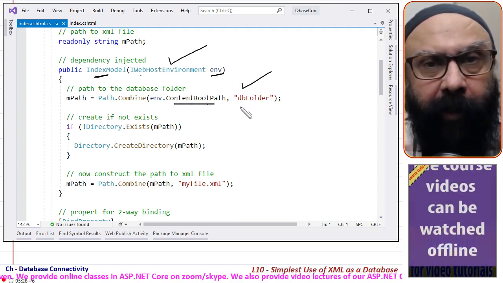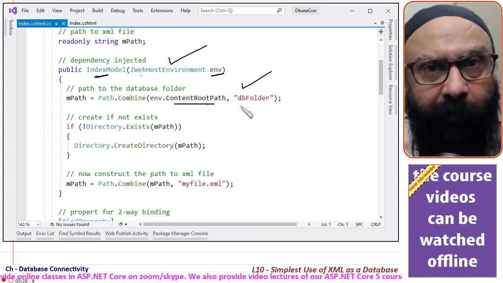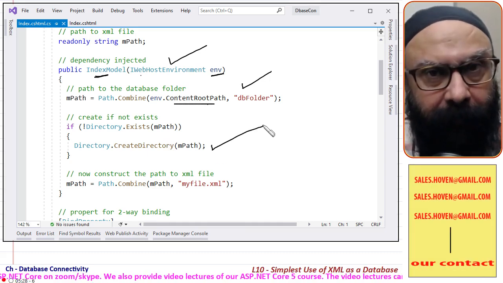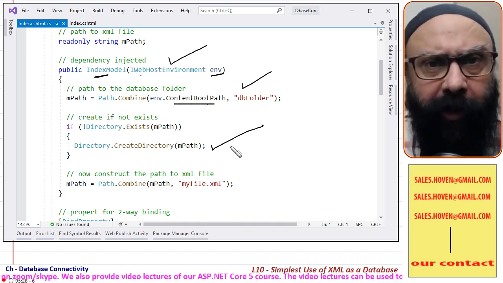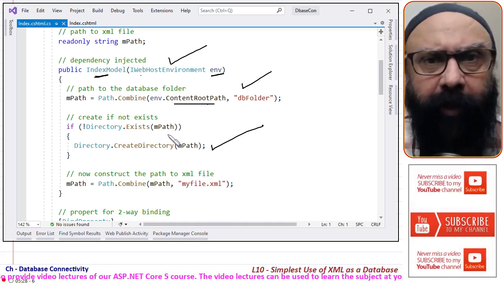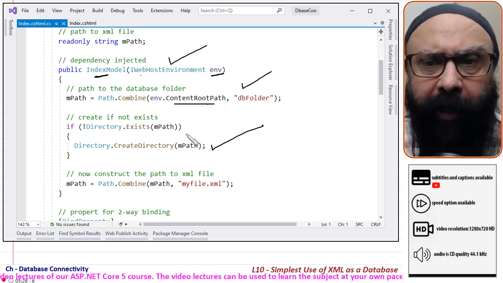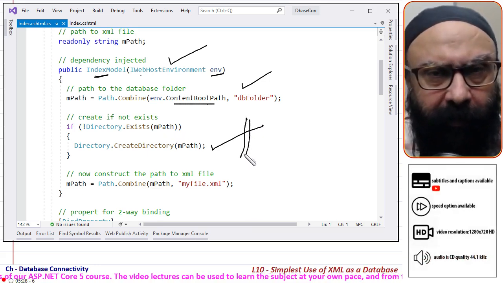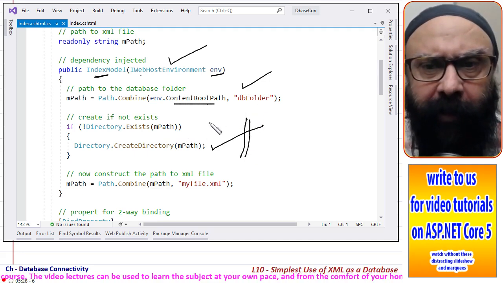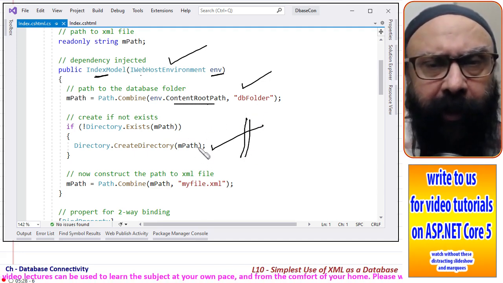So first of all, I get the path to my folder, and if this folder doesn't exist, I will create a directory. Although it is not recommended that you make this check on every single hit, since this is a small project, I just made it for convenience here. Usually this folder will already be created, and it need not be checked on every hit that you obtain for your